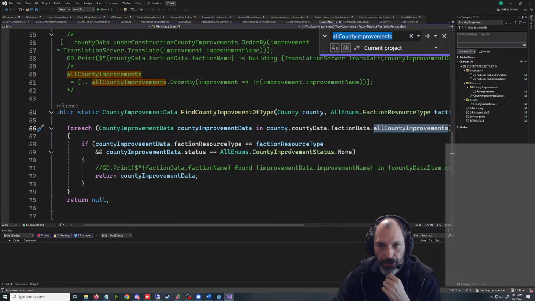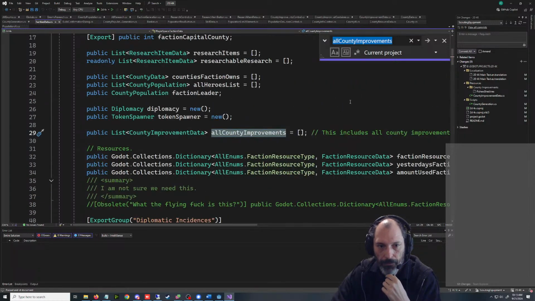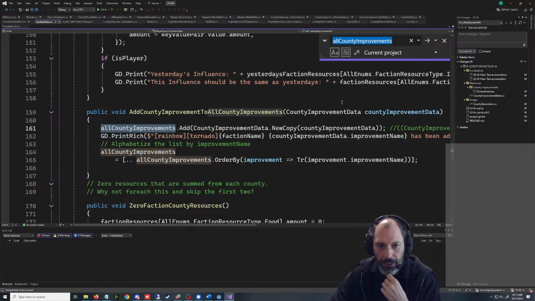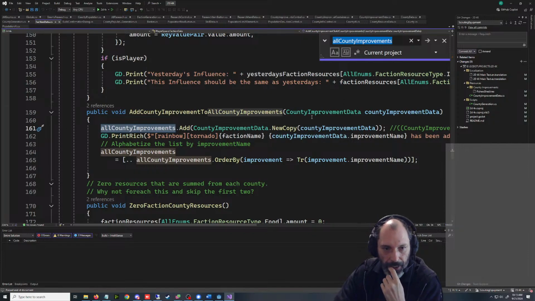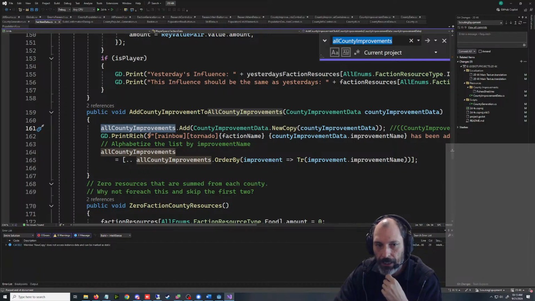Find county improvement of type. That doesn't help us. This is in faction data, all county improvements. Okay, add county improvements. What is this under? This is under faction data. Add county improvement to, okay, so this is how we add it in. And now it's coming back to me. When you complete a research, it gets added in. So this thing, add county improvement to all county improvements. This should probably say list at the end, but